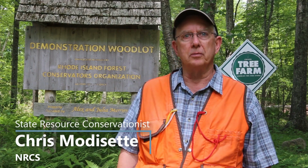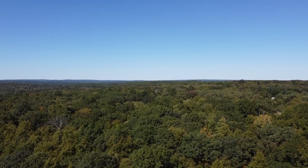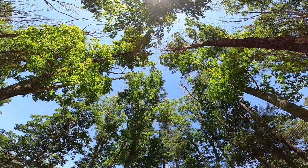Currently we are at the RIFCO woodlot in Foster, Rhode Island, which is in the western part of the state, one of our more rural communities, rural parts of the state. The woodlot is a mixed hardwood woodlot, pretty typical of this part of the state. And we here at RIFCO